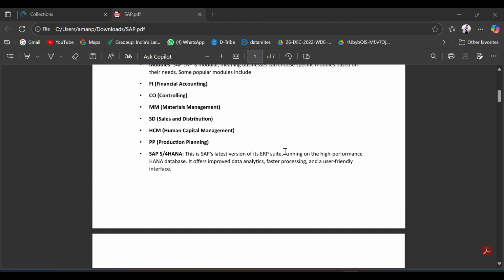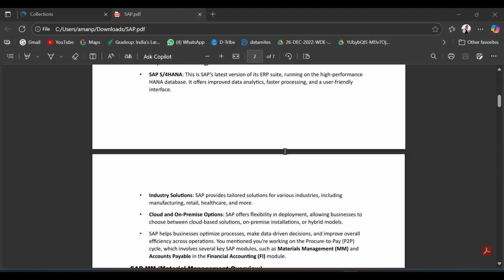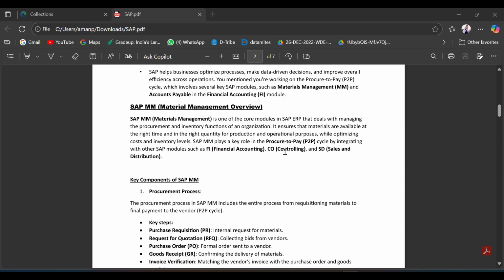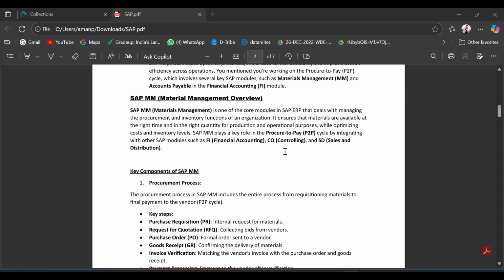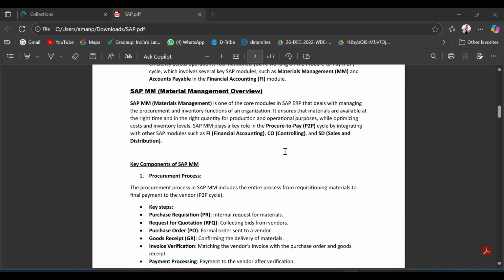In SAP, first we are going to have a brief overview of MM, because we will start with the first module, MM, Materials Management. The full form of MM is Materials Management, the module that handles everything related to procurement and inventory.